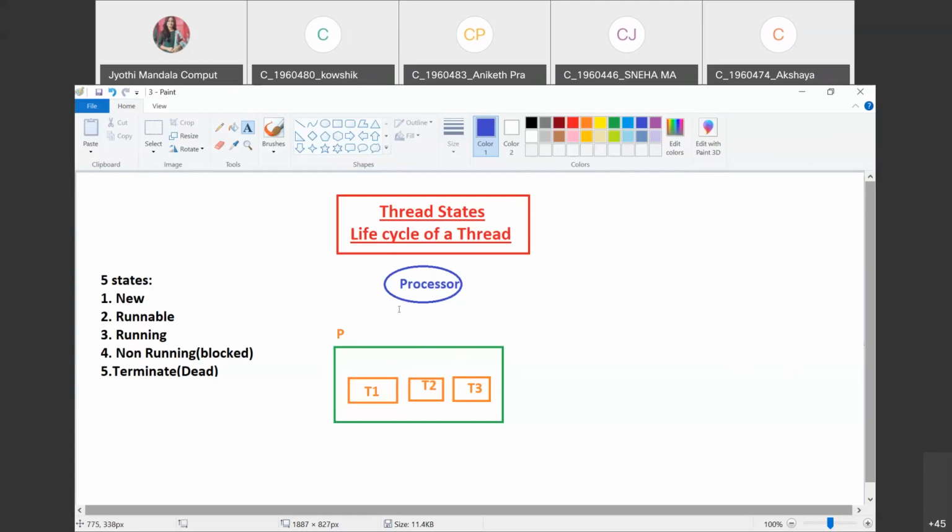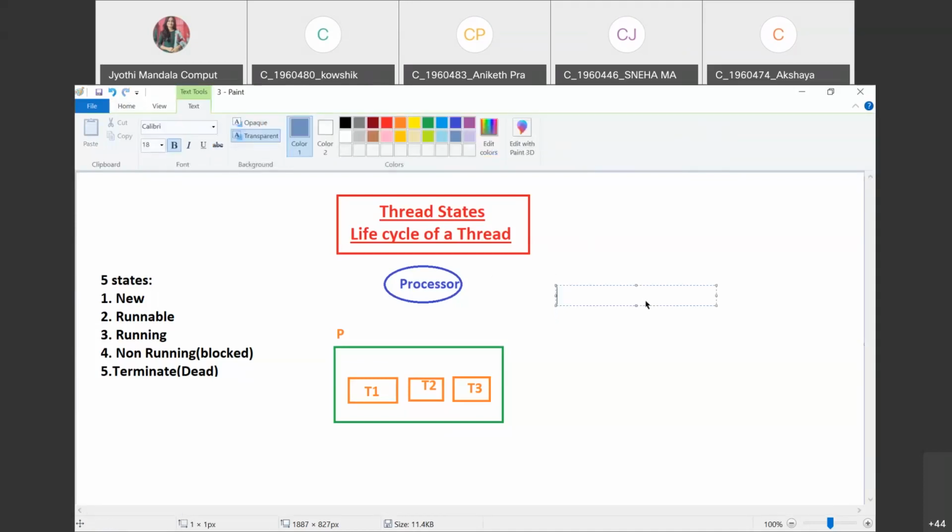For simplicity, I have taken a single program, where I have considered 3 threads. Whenever the processor is given a chance to execute this program, we have created 3 threads. In this case, what we can say is that it is the new state.